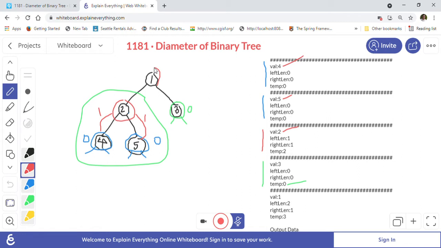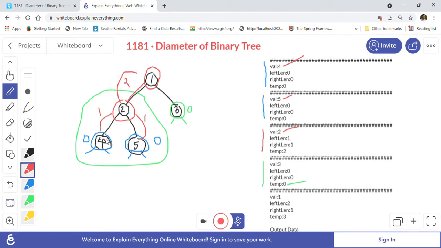1 is the root node, because now we are done with the left part and right part of the root. Now it will calculate the diameter for the root. So it will ask 2, how much is the diameter of 2, basically this side, right? So the diameter will be here, basically the root. So the diameter of 2 will return 2, basically its diameter, right?